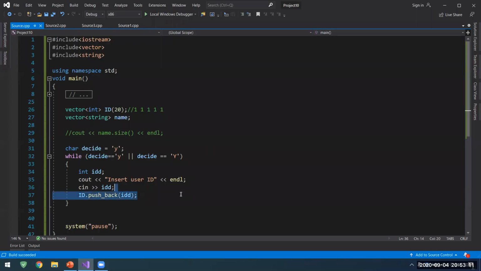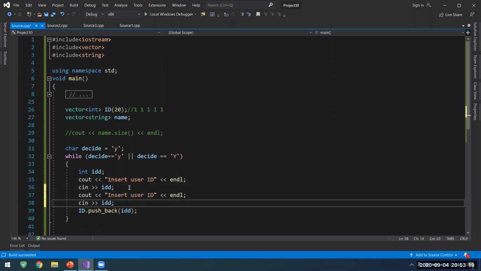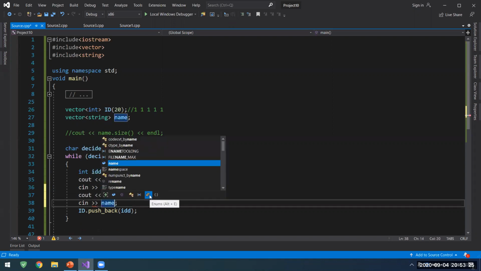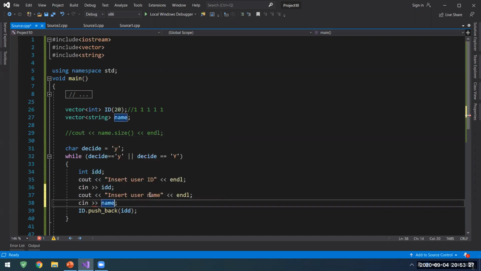What else do I have? Let's make this one, and copy this one as well. Insert user name, and this one is name. This one, not name, username. Username, and I'm going to